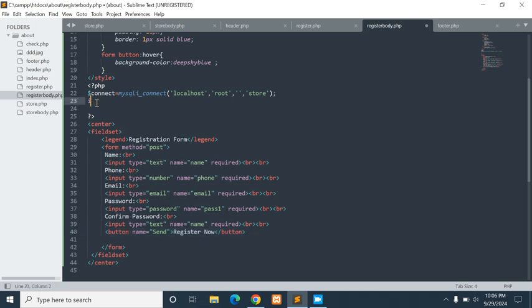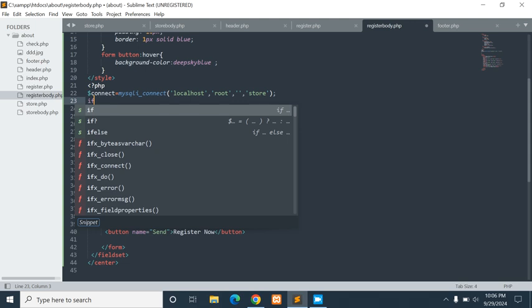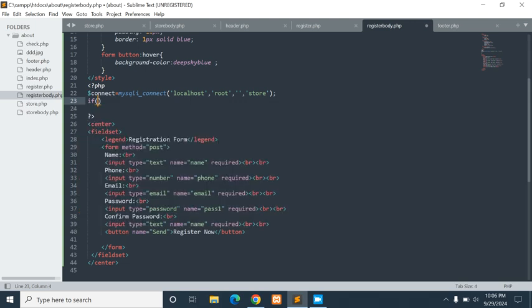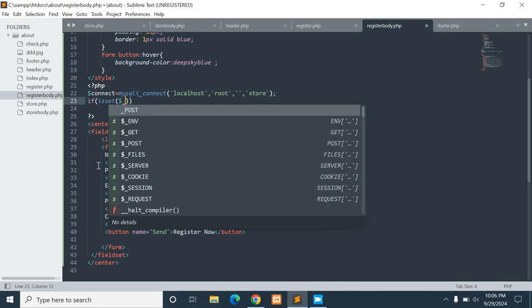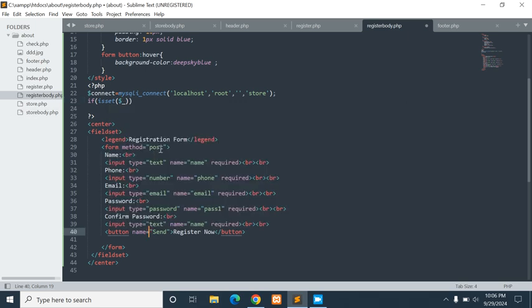So we say if isset post, we're using the post method. That is, if the button is clicked,